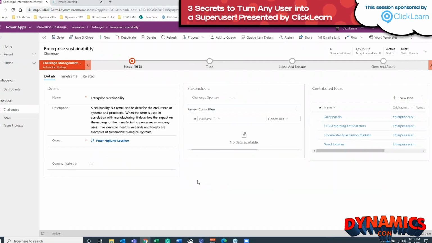And in just a moment, we're just going to add a new idea to this particular challenge. So you'll notice anywhere that I put the mouse, if there is a drop down, if there's a valid link to that area or element, I'll be able to capture that. And you'll notice in that top right-hand corner, it's an icon letting me know that ClickLearn is following me. It's aware that I'm in the middle of my Power Apps application, my Dynamics,